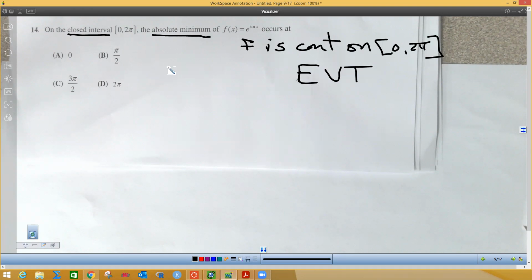So what we need to do to get EVT is we need to find the critical numbers. And to find critical numbers, you must do a derivative. So when you do a derivative of e, it's e to the same power and then times the derivative of that power. And the derivative of sine is cosine x. So this is going to be cosine x e to the sine x is what that's going to be. So now we need to find our critical numbers, which when we do that, that is going to be